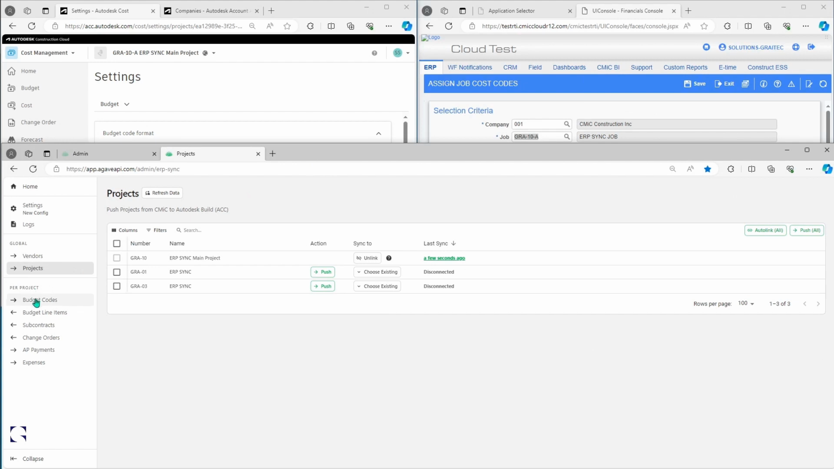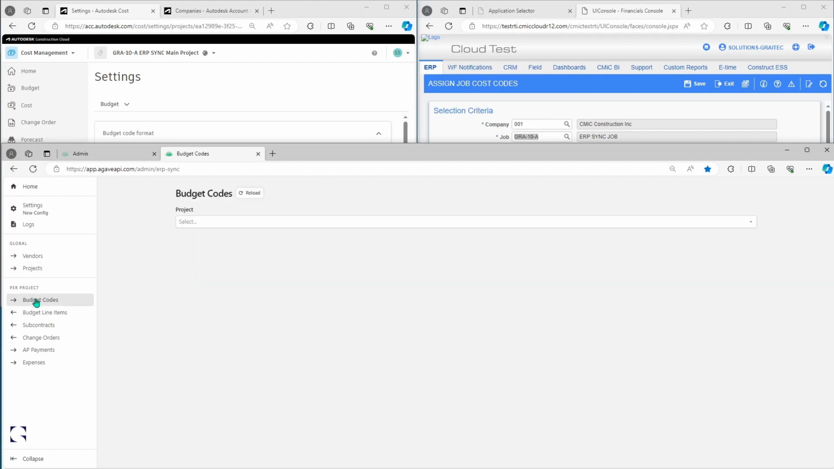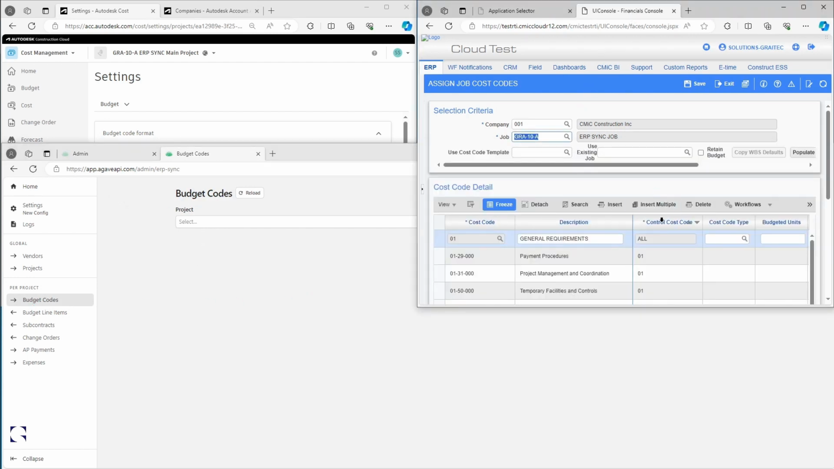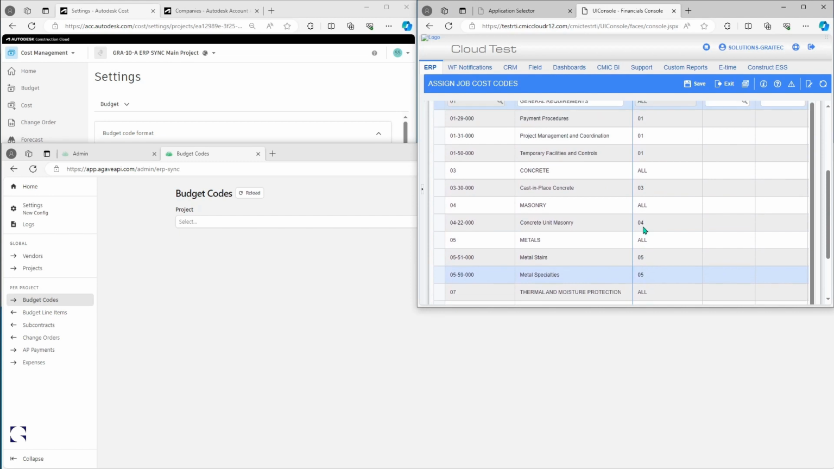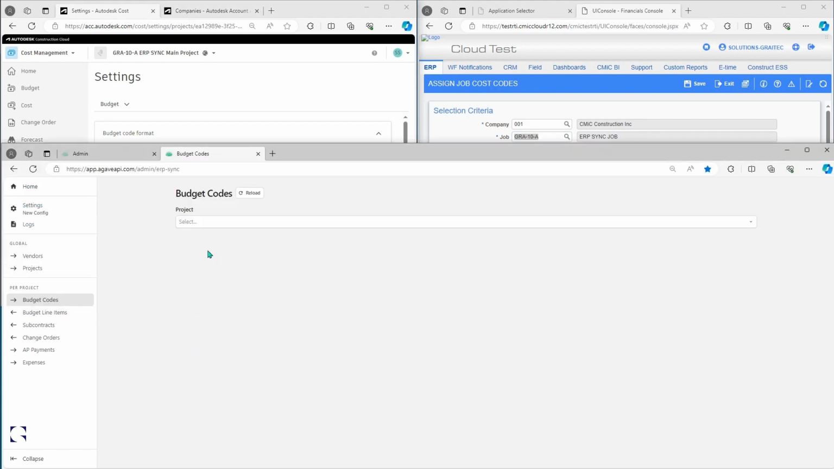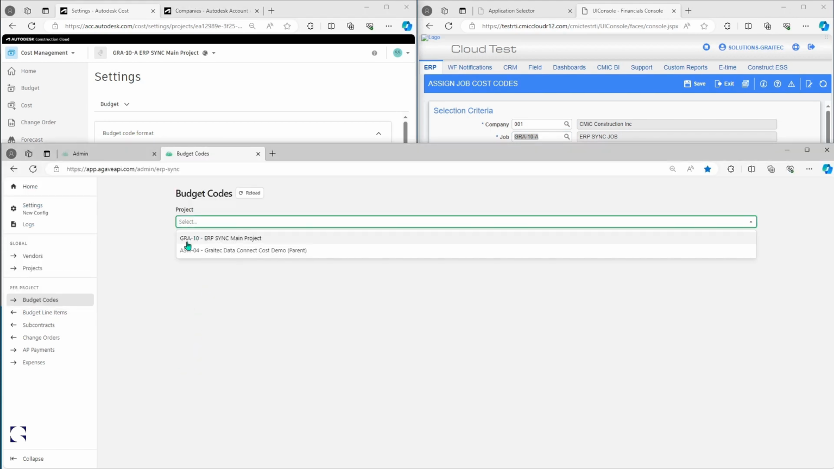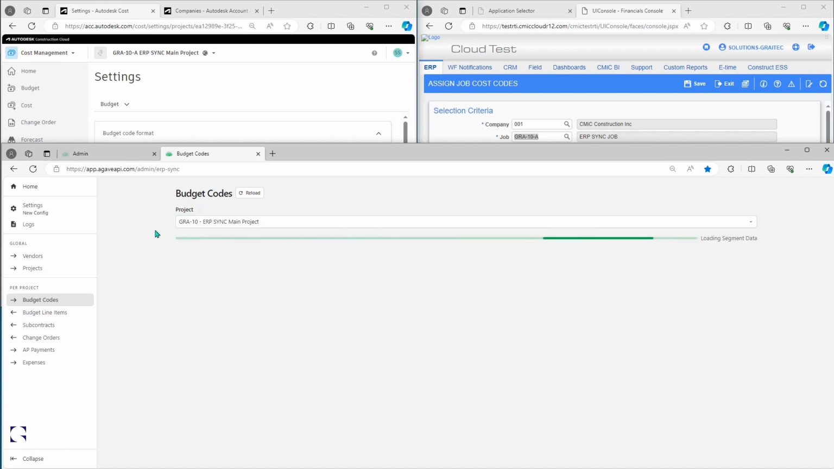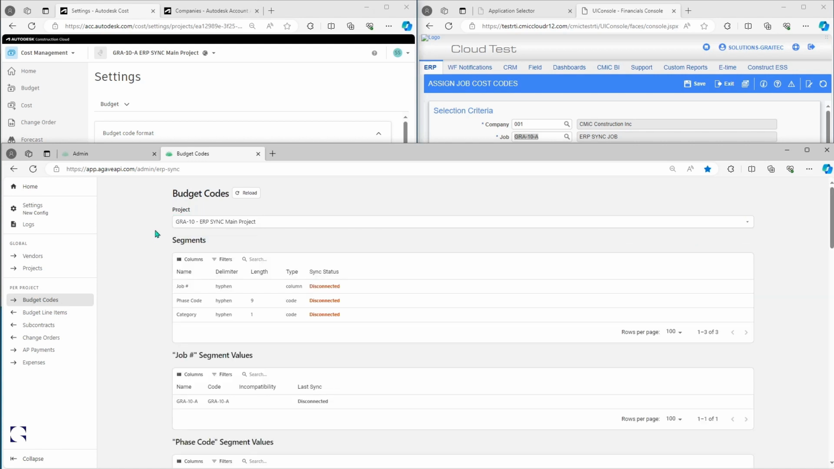With the project linked, we can now start syncing project-specific objects, starting with budget code. Now in the ERP system, we've already assigned cost codes to the project. In Autodesk Build, we do not have a budget code format defined. From ERP Sync, if we select the project, it will load in the budget code format from our ERP system,